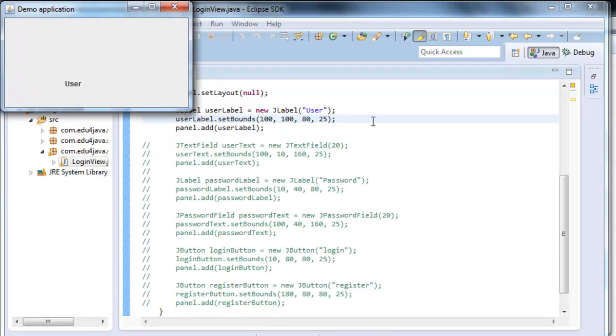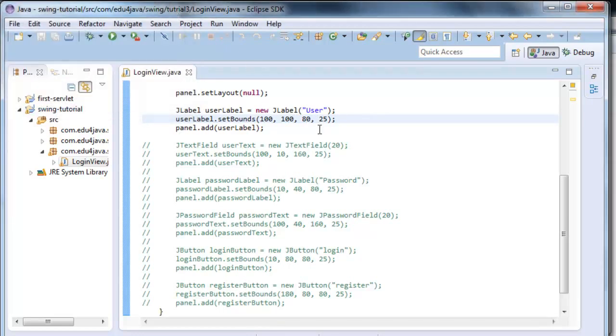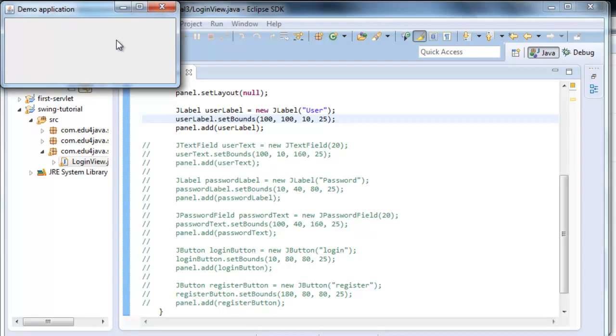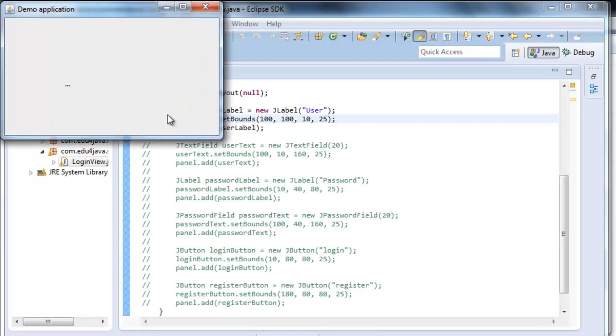So basically, set bounds says in the first two numbers where we are going to locate the label in the window, and then we have the width and the height. So, for example, if we set width to 10 and we run it, we can see that we can't see anything because it doesn't fit. Let's try with 20